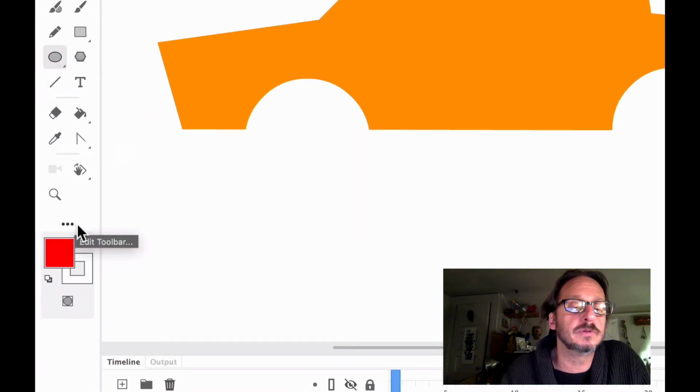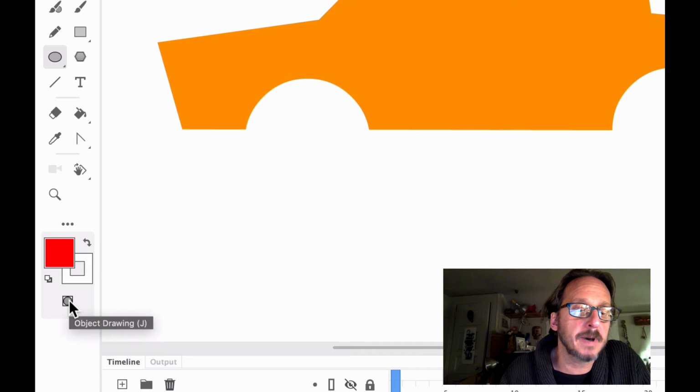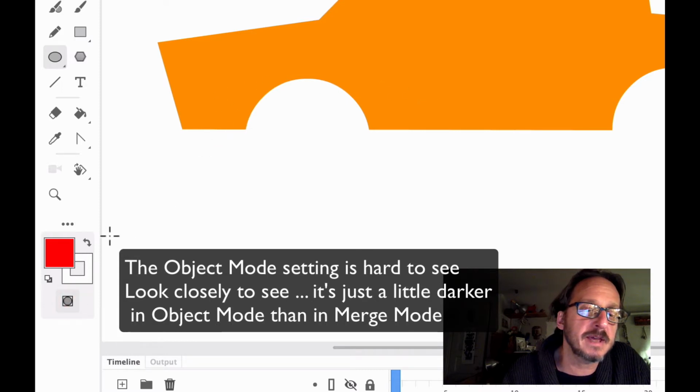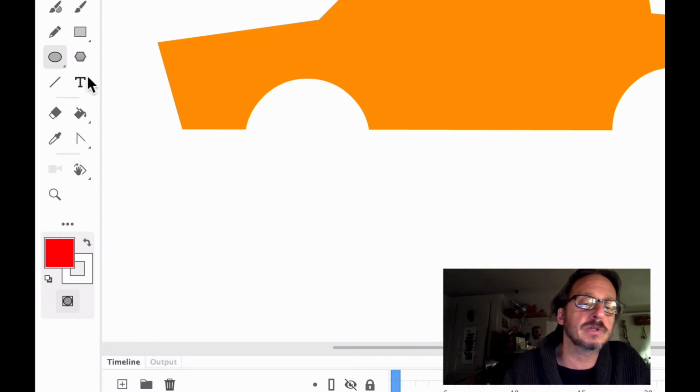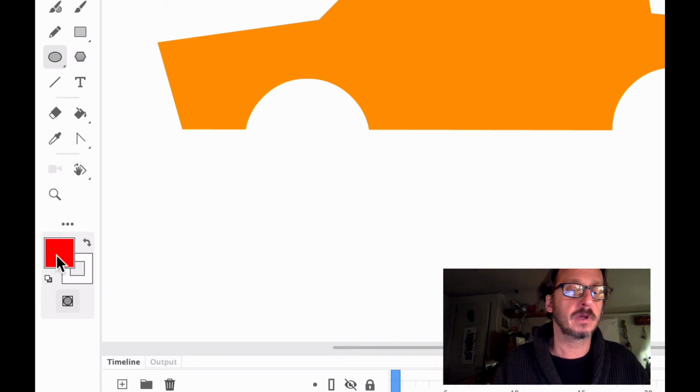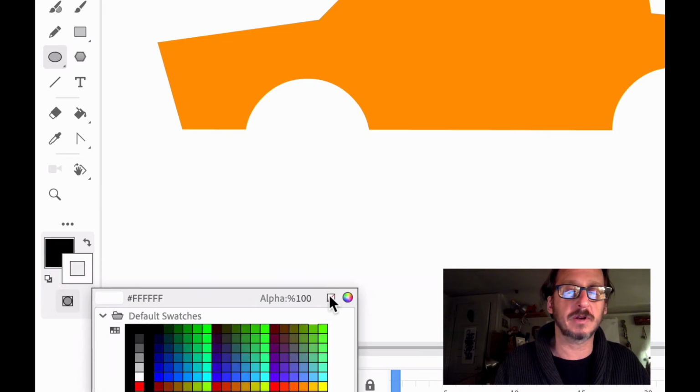Here's the oval tool. And if I come down to the bottom, I have the same choice. If this is down, I'm in object drawing mode. If I release it, I'm in the regular mode, which is where we've been all semester. This was regular mode. Once I put this down, all the tools that could use object mode will. So I want to show you what I mean by that. I'm going to get myself some black. I'm going to go to the stroke and I'm going to say no stroke, please.